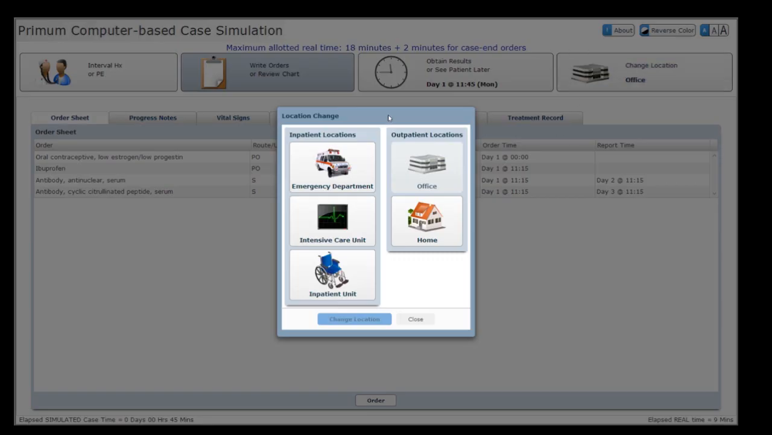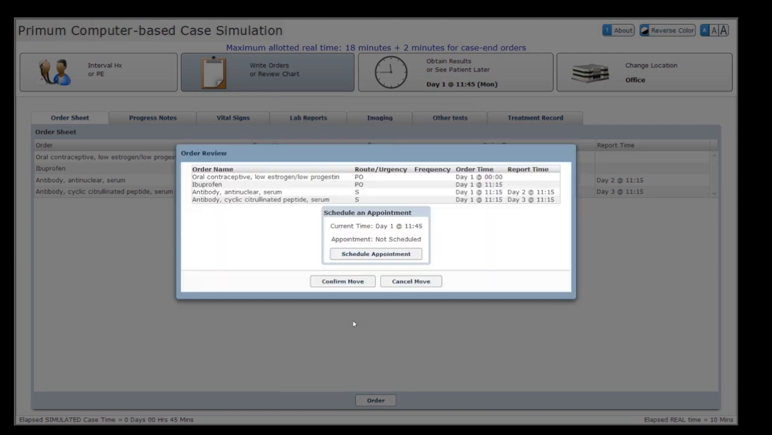Now, when you click there, the program will offer you 5 different locations: the emergency department, the office, the ICU, home, inpatient units. I will choose home. Okay. And I confirm the change location. Okay. So now,